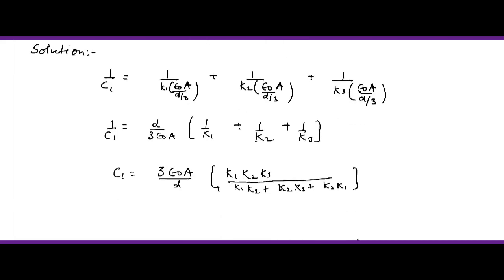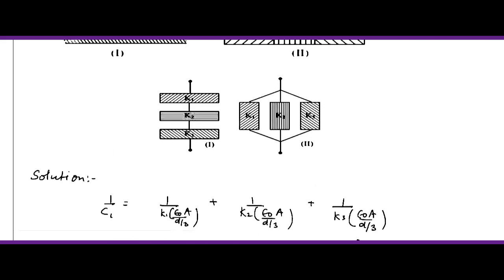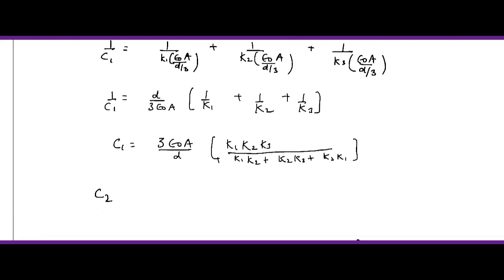Now we will calculate the value of C2, as the second figure is related to C2, and we know that these are connected in parallel. So the value of capacitor C2 will be equal to K1 epsilon naught A by D by 3 plus K2 epsilon naught A by D by 3 plus